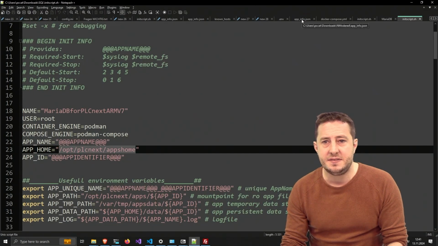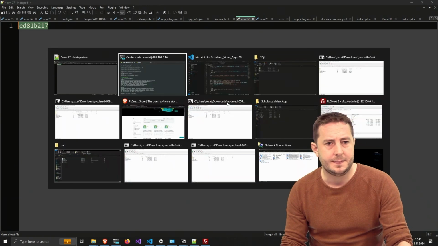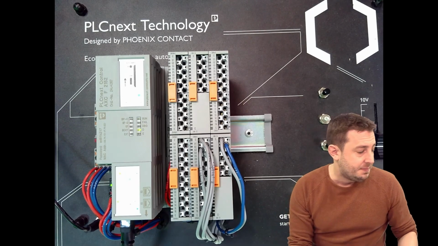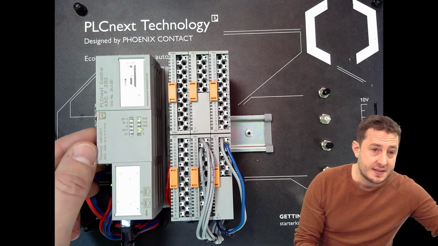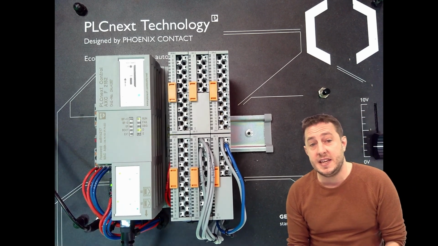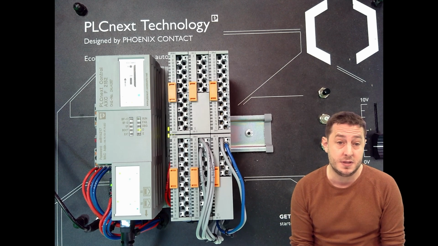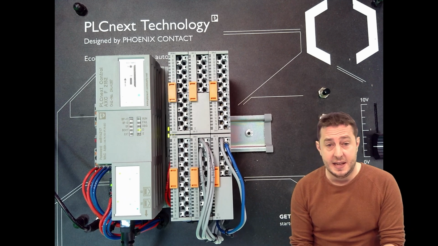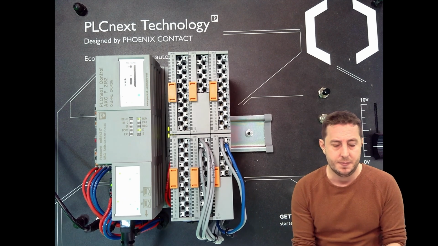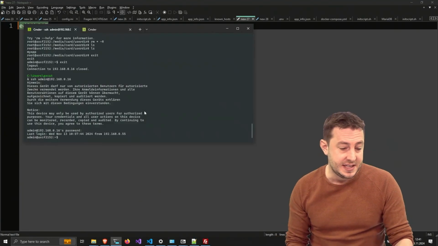I should have my password somewhere here. For those of you who don't know, the password is always printed here. And even if you disable user authentication on the web-based management, for SSH you always need to have your password. If you change the admin password in the web-based management, it will also be changed for SSH. Okay, so going back to my SSH here,